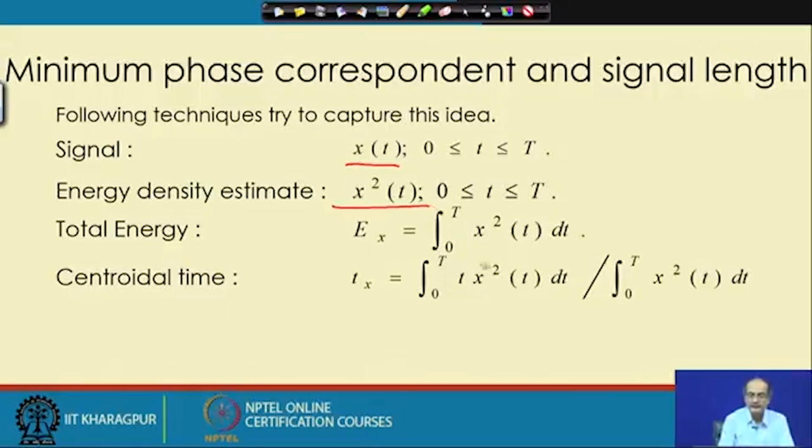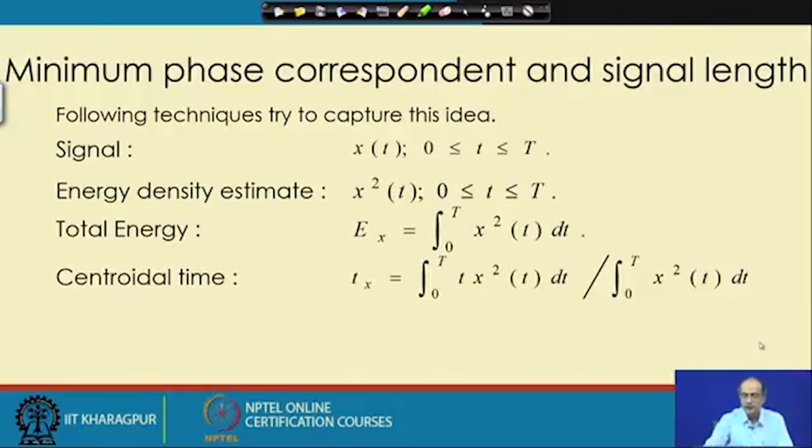So the total energy we get by integrating that over the interval 0 to capital T, and we can calculate the centroidal time,